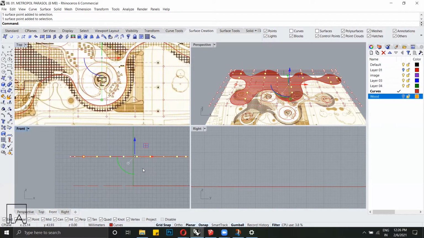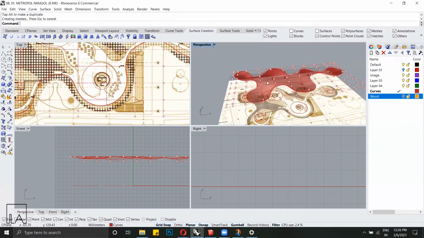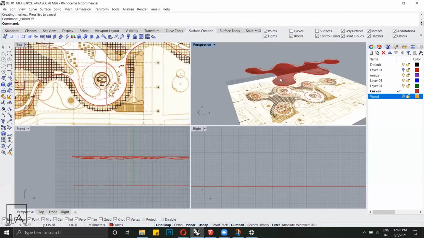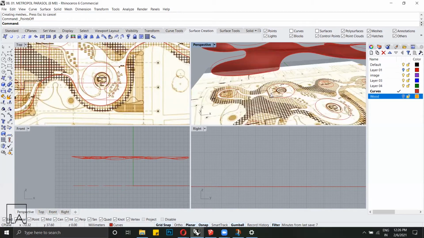So now at the bottom surface, the curves are angled downwards. So I'm just going to bring them down a certain bit, not too much, just to give them that shape. And yeah, so we've gotten our bottom surface pretty much. And I'll just turn off my control points using F11, and you can turn them on using F10.